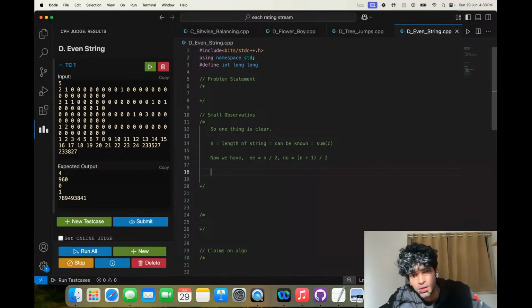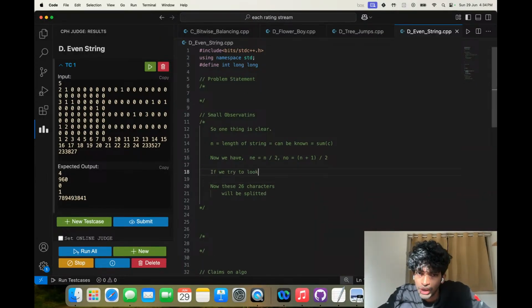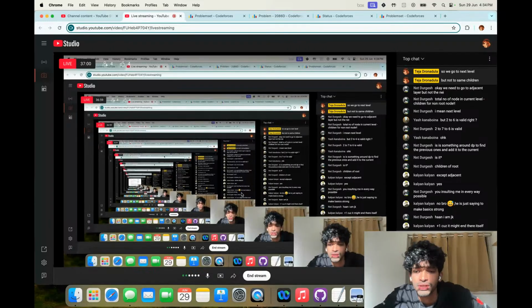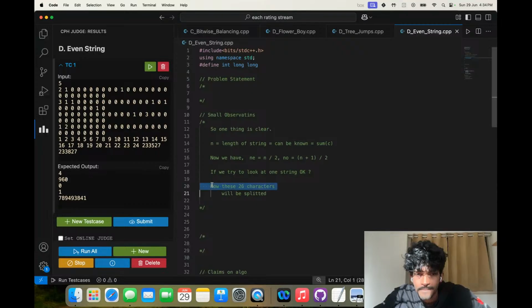So now these 26 characters will be split. If you look at one string, we are splitting these 26 characters into even or odd.